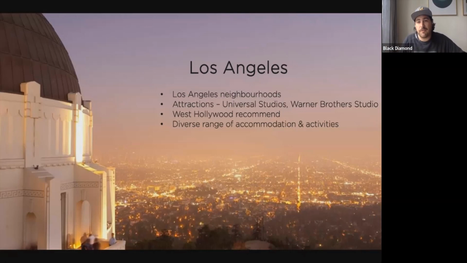Again, a great spectrum of accommodation options, everything from the Best Westerns all the way up to the new 5-star hotels that just opened in West Hollywood. It's also got amazing views over the city. And I've said this before on a West Hollywood chat, it's a great celeb spot. People love celeb spotting. Another thing that's really good is that it's a good base for people that want to do Universal Studios as well. It sits on the other side of the canyon.